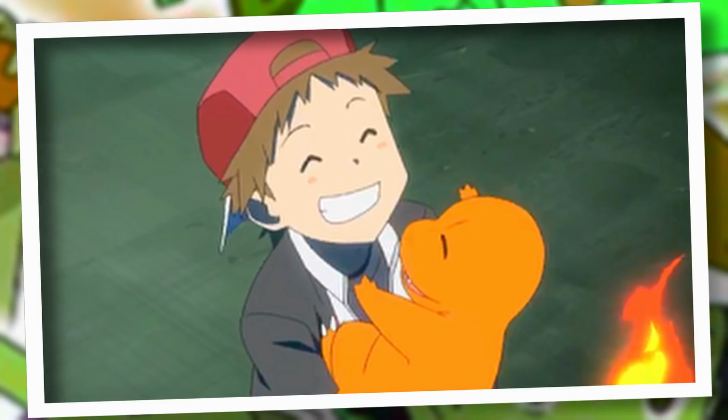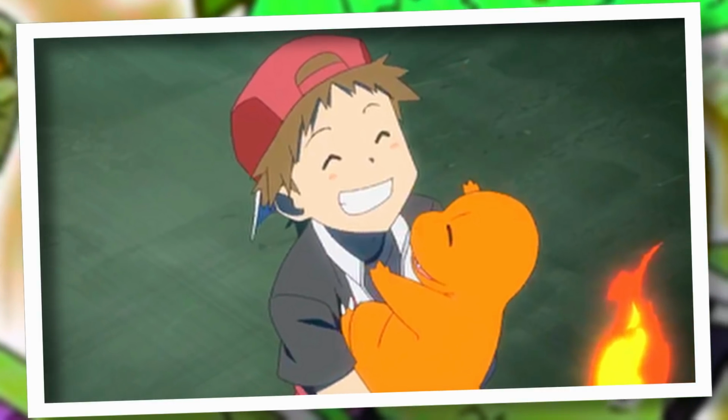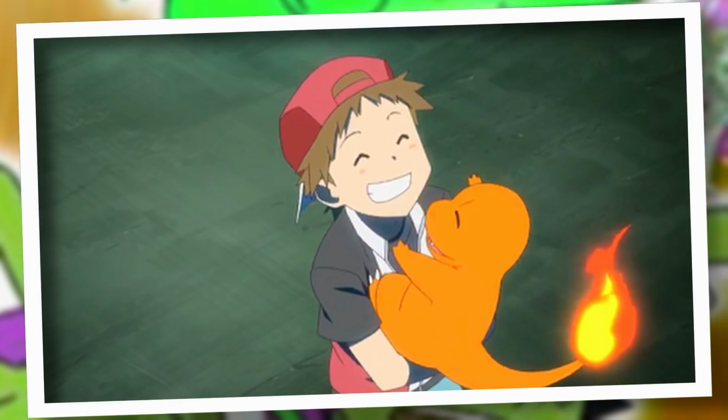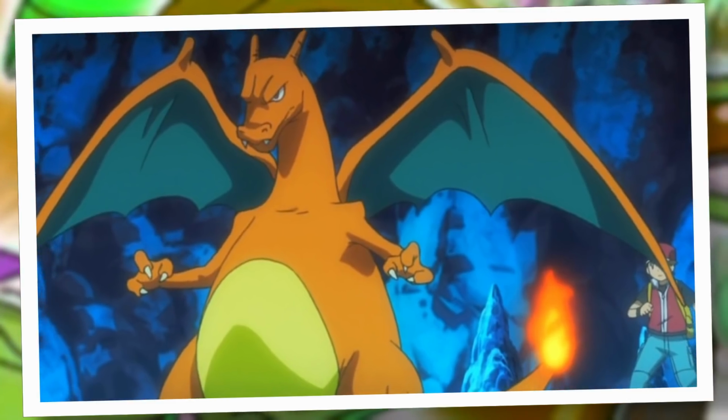and although he was only a fledgling trainer just starting out, he had a strong sense of determination to be the best possible, and unlike Ash, he actually did it. Though Charmander was seen as weaker than Blue Squirtle at the very beginning of Origins, once Red learned that this was due to them needing to work together and understand each other, his Charmander would go on to evolve into